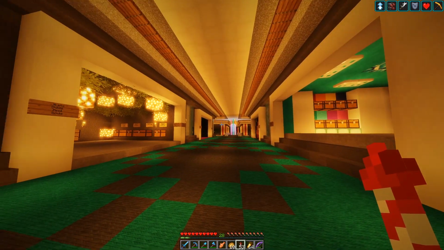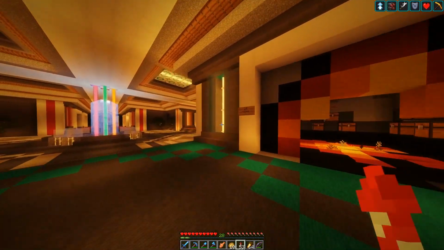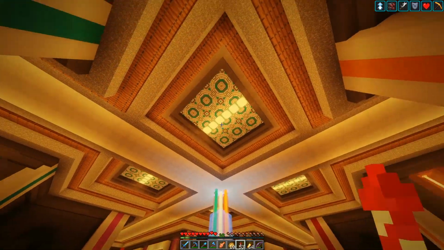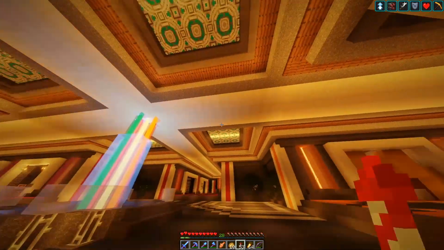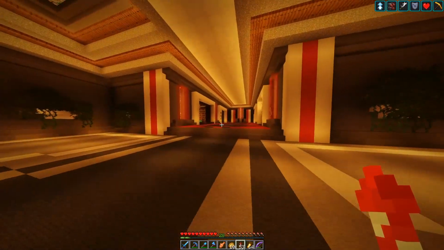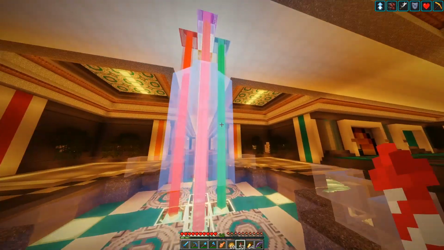It's pretty big. There are all sorts of different shops here where you can buy all sorts of different bits and pieces. I love the way this looks in this texture pack and this shader pack as well. It just looks beautiful. So yeah, you can come down here and spend all your hard-earned diamonds. The rainbow fountain